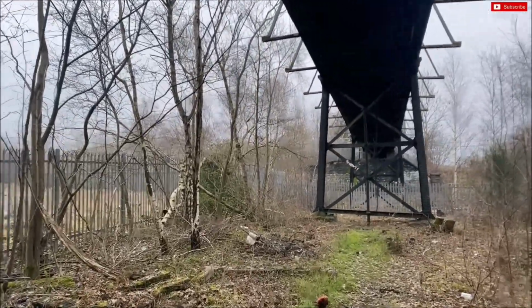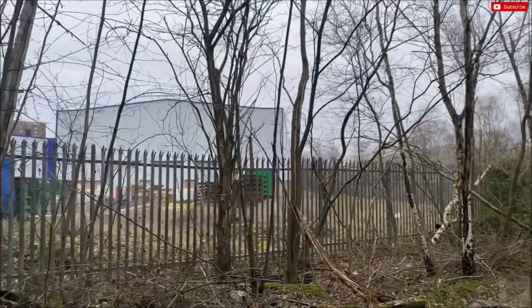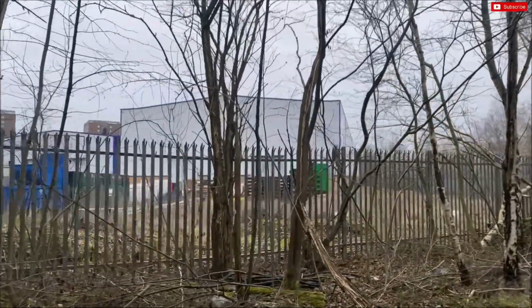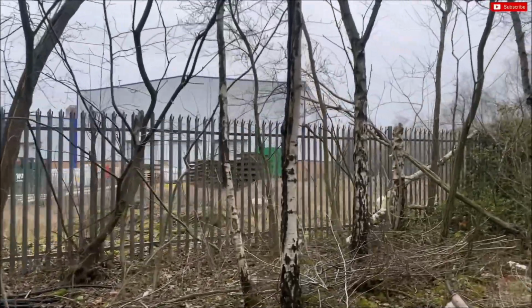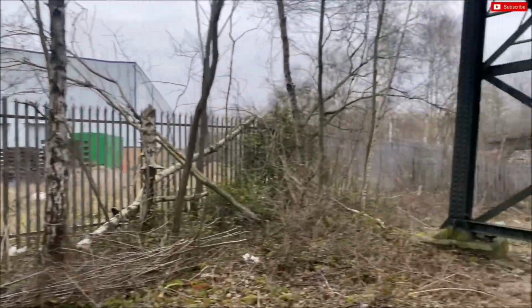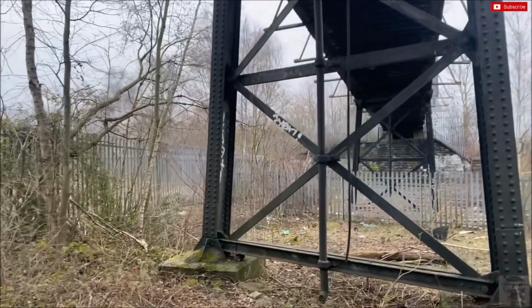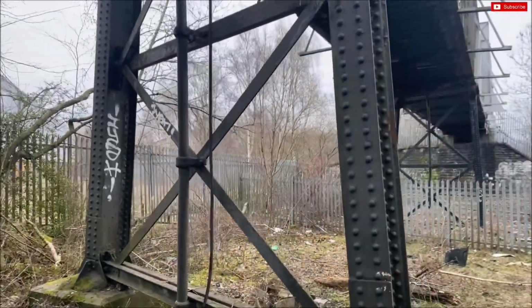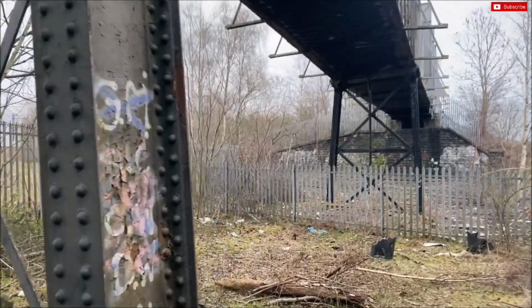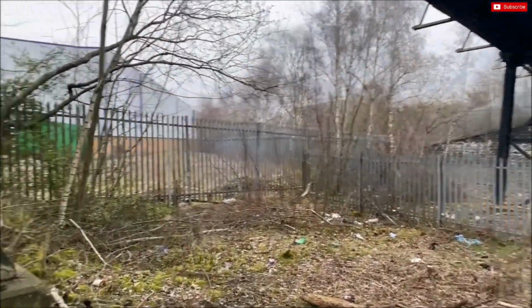Now in order to understand what that was there, I will need to go to some maps in the video, and we will do that a bit later. As you can see, look at these. Now railway lines would have gone where I'm stood into that marshalling yard,